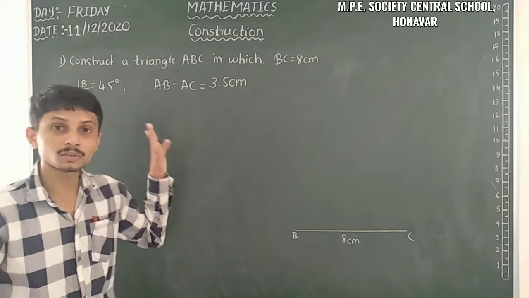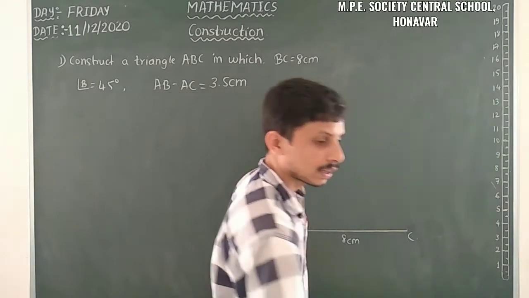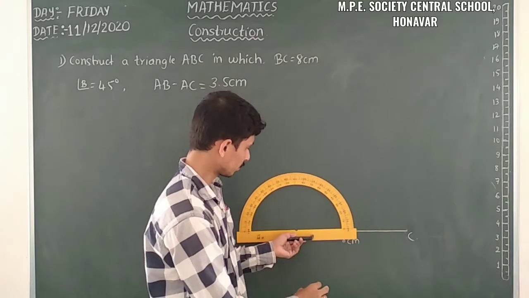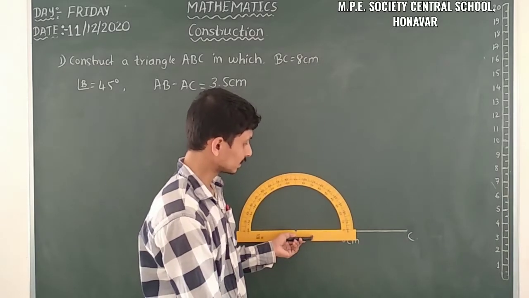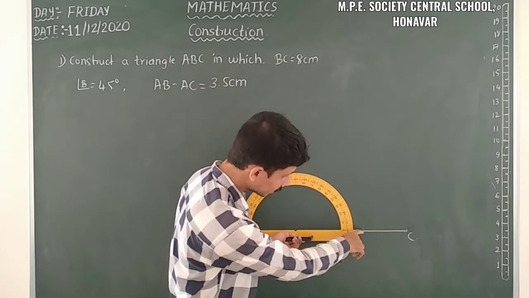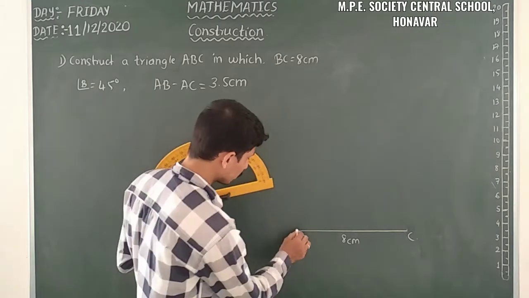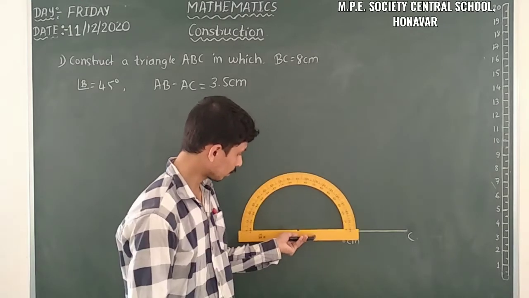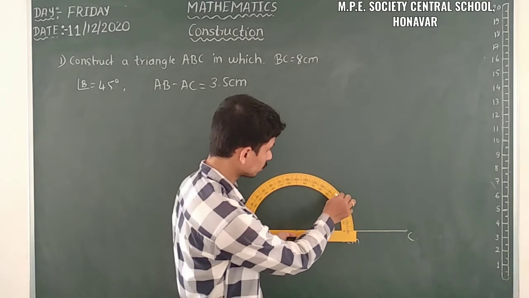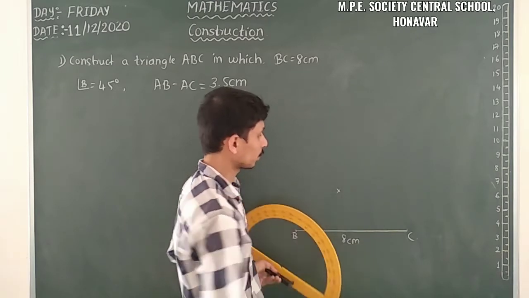Then we have to draw an angle of 45 degree. Here you can take your protractor also. You have to insert the protractor like this, so that the line must coincide with this line and this point will be here only. Whatever the point we have here, you have to place the protractor correctly on that point and then you can locate the value of 45 degree. Yes, here we have 45 degree.